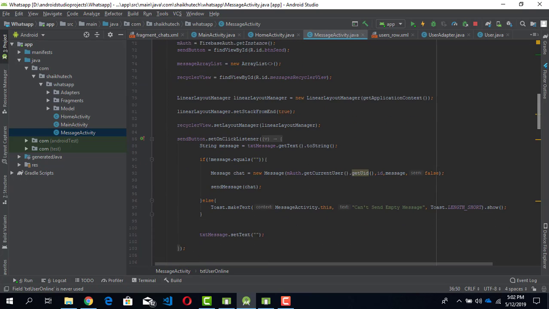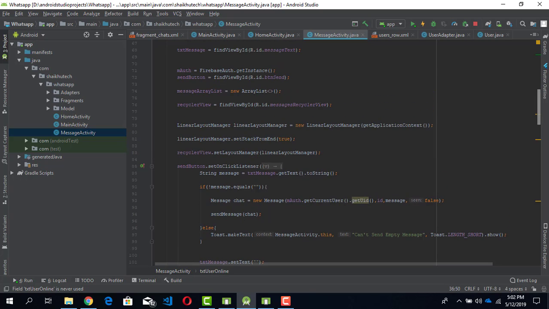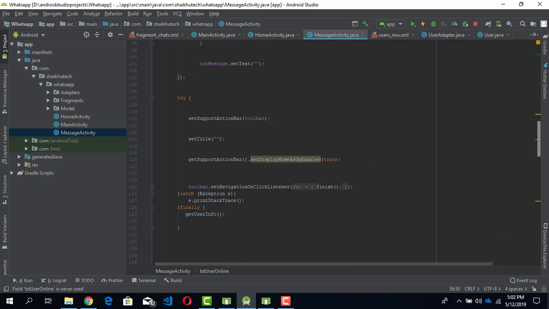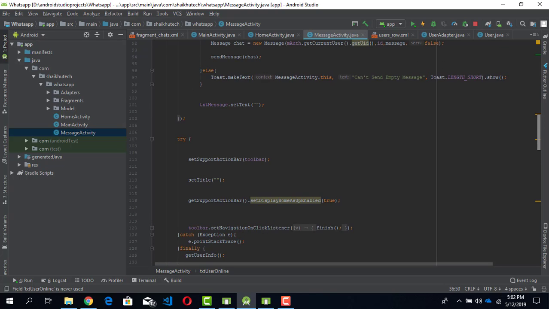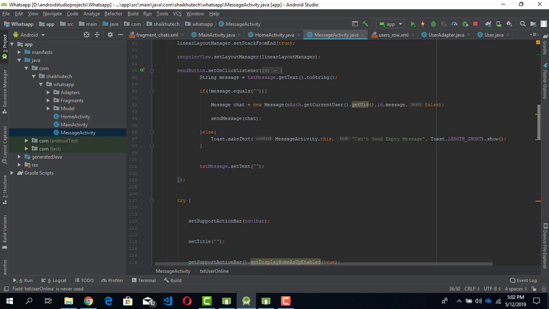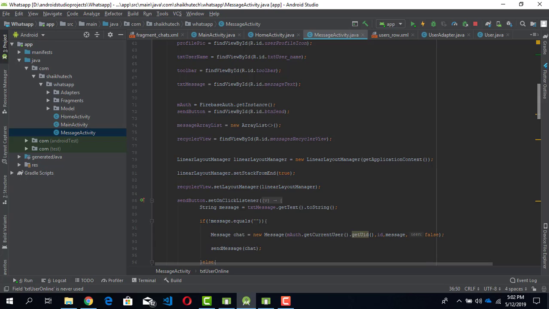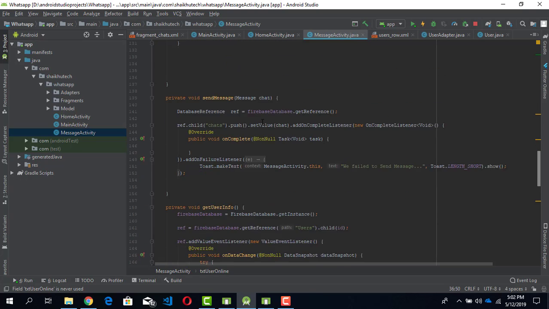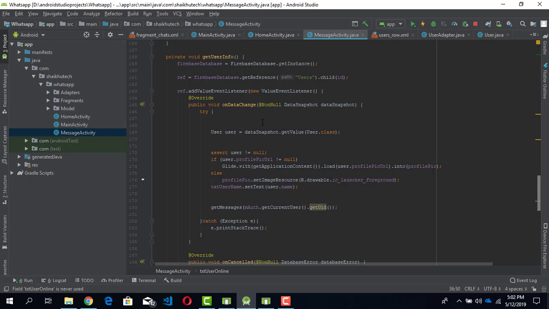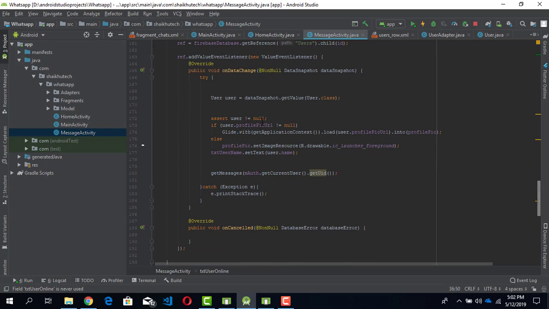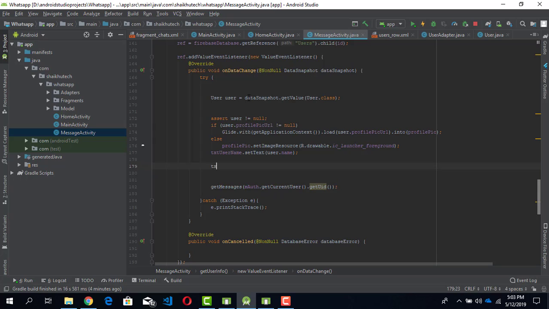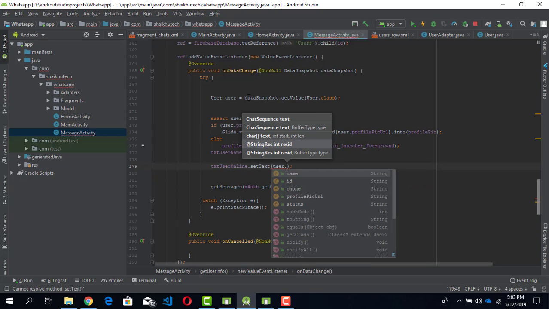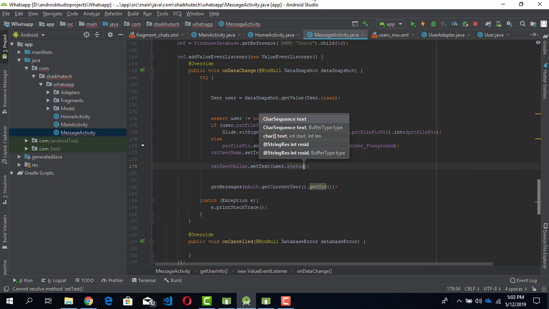And let me grab the information here. Here is the get user info function, and in this one it is getting its user, so I can easily do txt user online dot set text user dot status. Perfect. So now if I run it again,